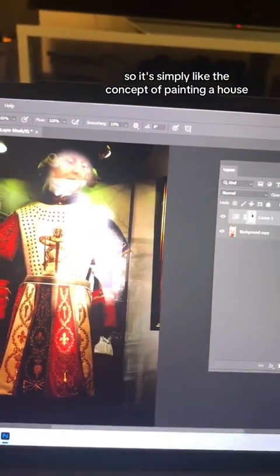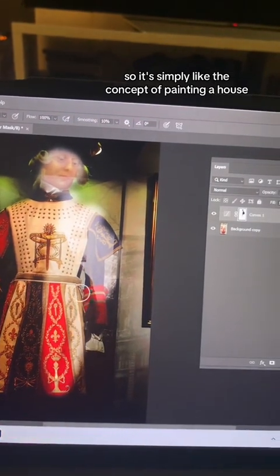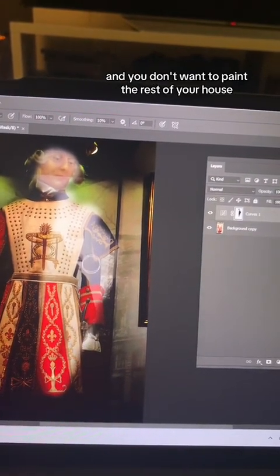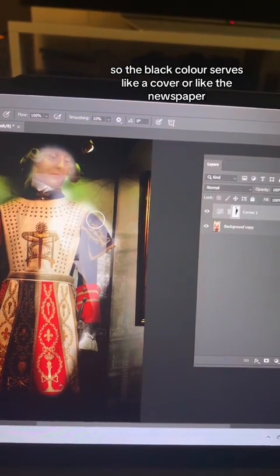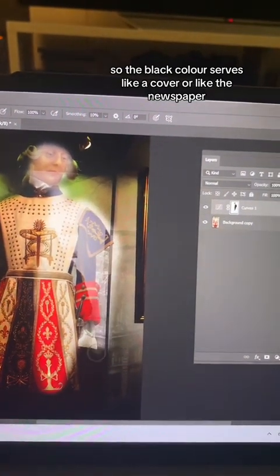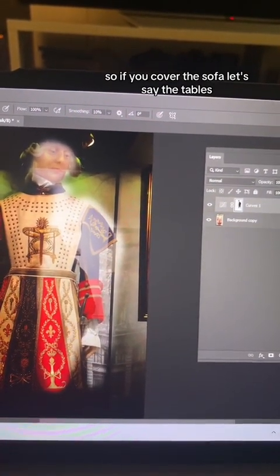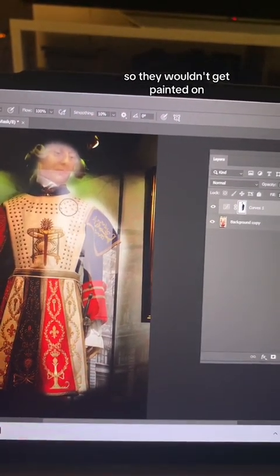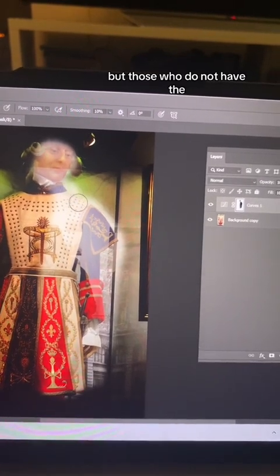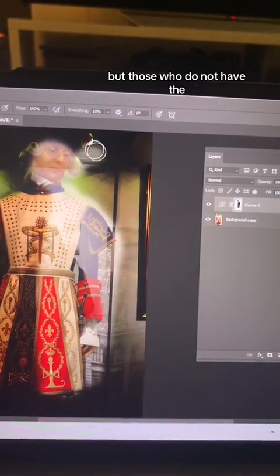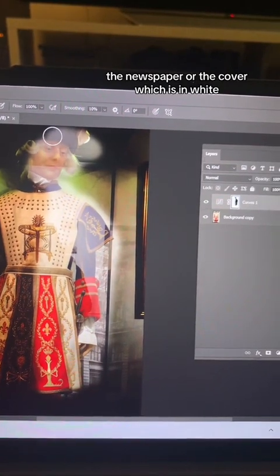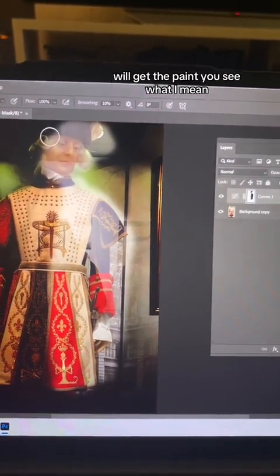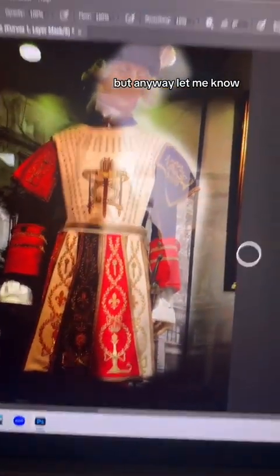So it's simply like the concept of painting a house and you don't want to paint the rest of your house. So the black color serves like a cover, or like the newspaper. So if you cover the sofa, let's say the tables, they wouldn't get painted on. But those who do not have the newspaper or the cover, which is in white, will get the paint. You see what I mean? Okay. I hope I managed to explain to you guys, but anyway, let me know